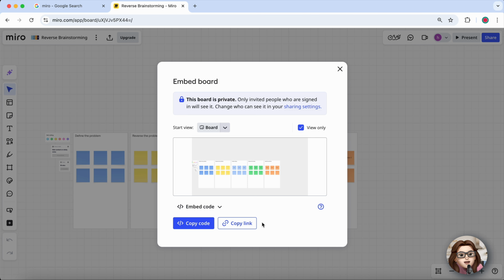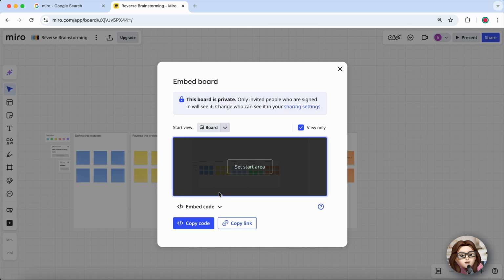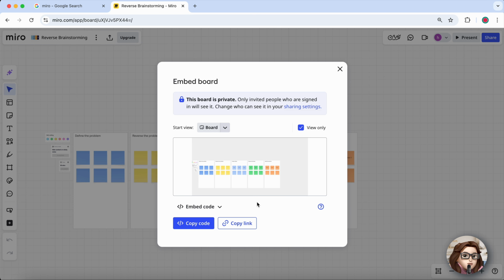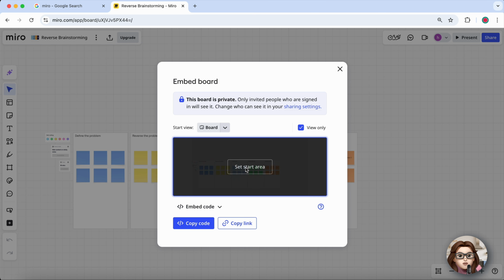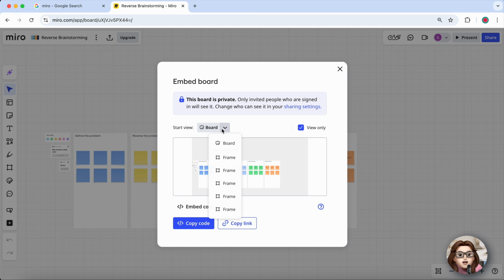Miro will now open a dialog box where you can customize how your board appears when embedded. You will have two main navigation modes to choose from. The first is free navigation, which lets viewers explore your board freely. Perfect for interactive experiences. The second is presentation mode, which keeps the focus on specific frames, ideal for guided overviews